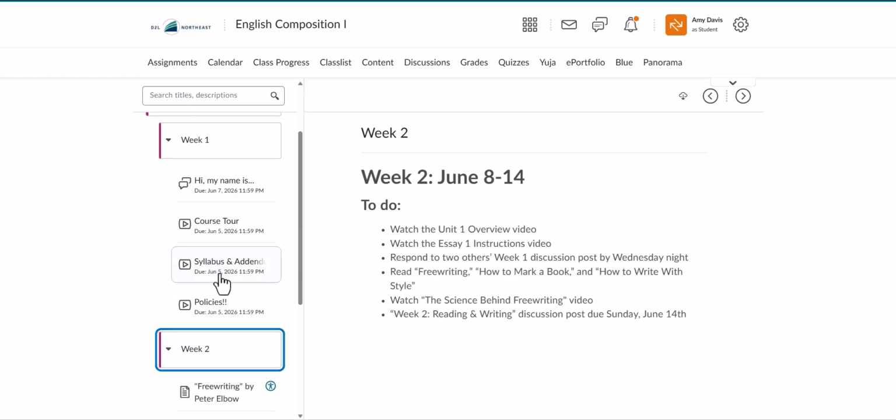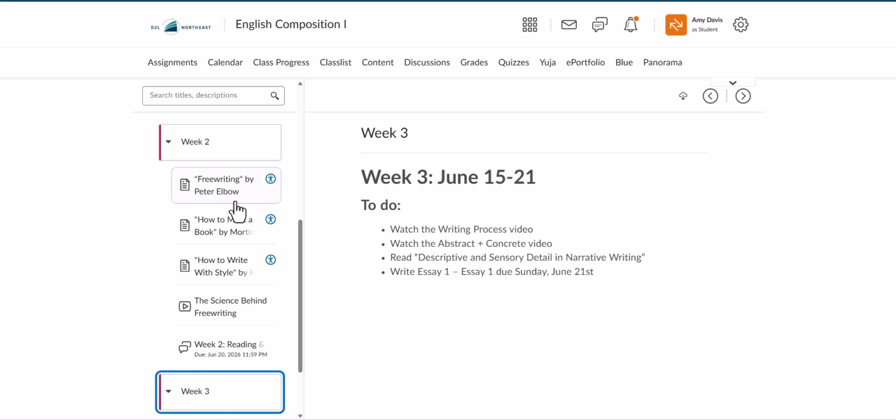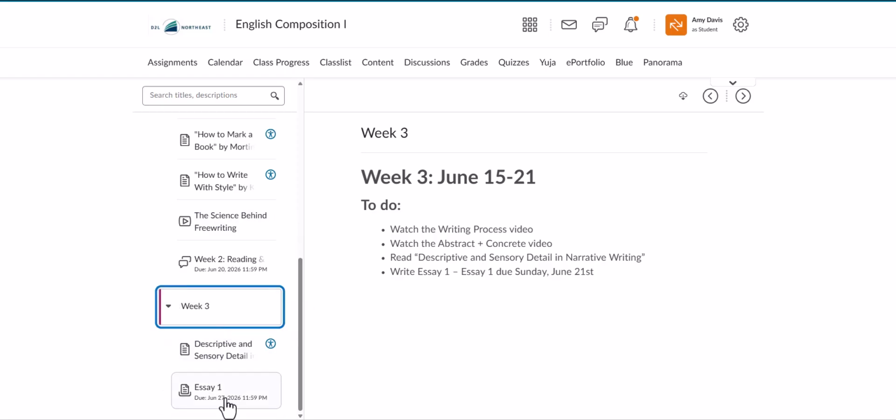As always, if something is broken or weird or doesn't work on your end, please let me know. I don't always know that unless you tell me. Oops, I made that due date on the wrong day. I'll fix it. That happens too. I'm not good with numbers. Not even in a math way, just looking at them I get confused. But yeah, so that's Unit 1. It's not too bad. We're going to really just look at the writing process and